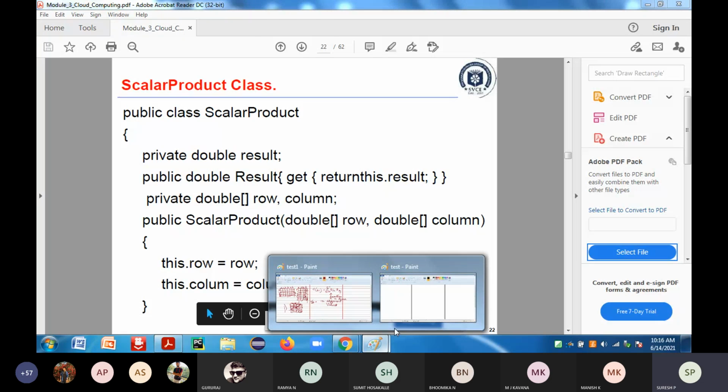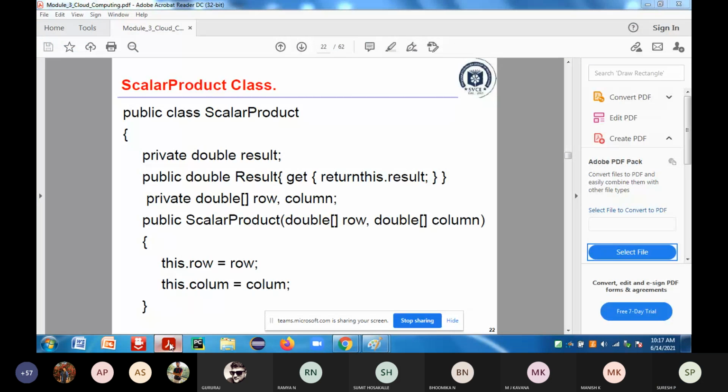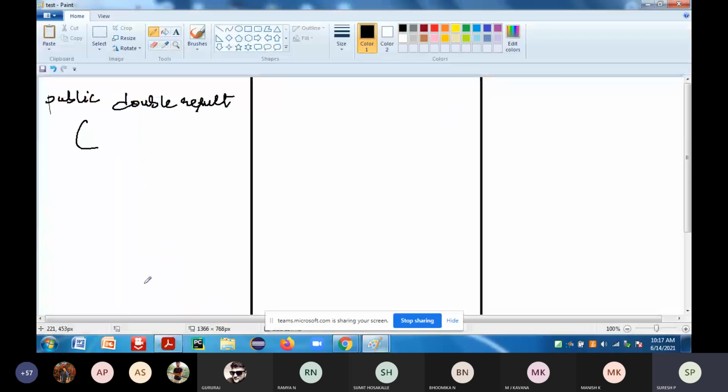So you're going to have a public double result of the get function.